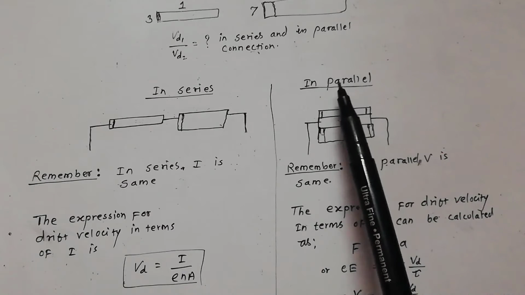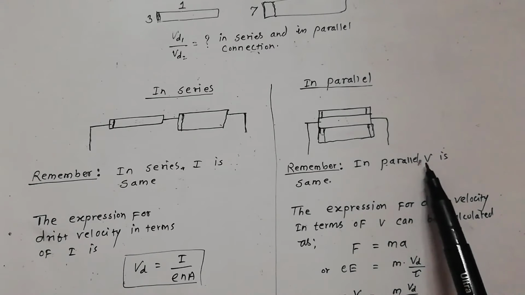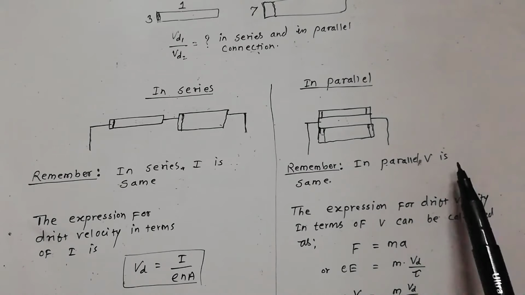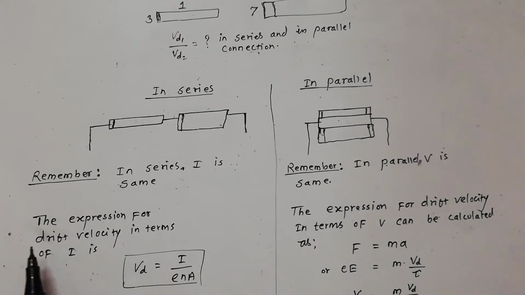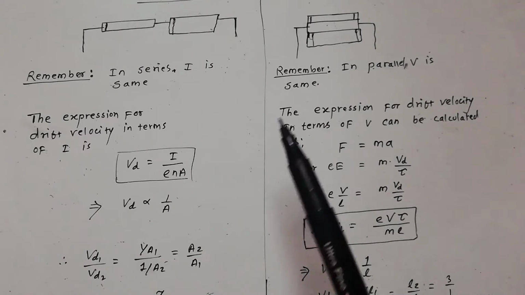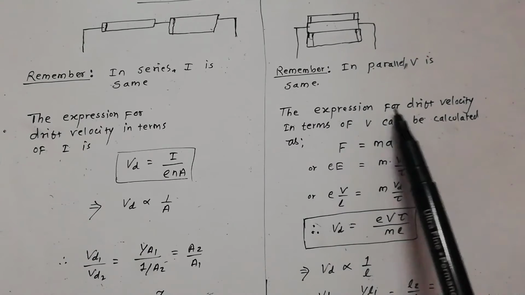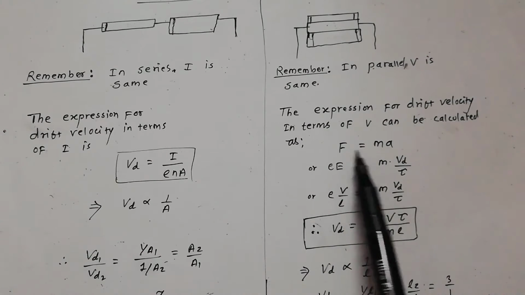But in parallel connection the potential difference V is the same. I hope you did understand. The expression for the drift velocity in terms of I is Vd equals I by neA. This is the famous expression, but in terms of potential difference, the expression for drift velocity can be calculated